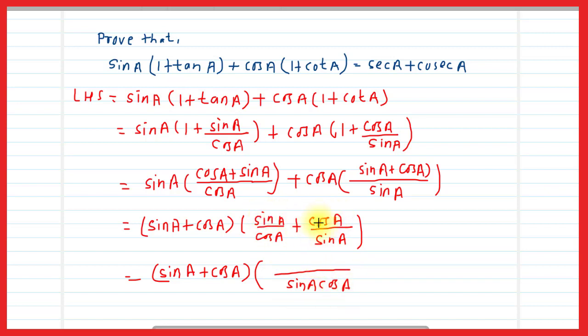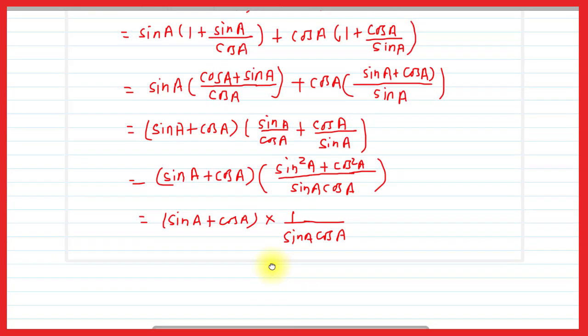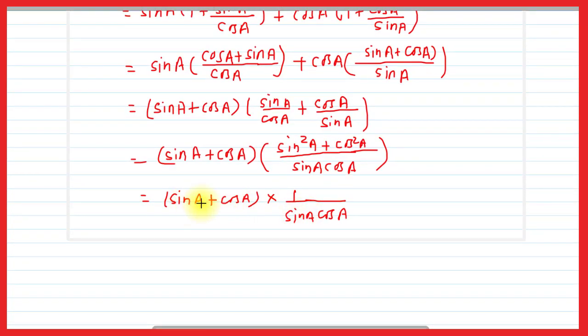Here we will multiply by sin A and here by cos A. So it will be sin square A plus cos square A. And now go further, that sin A plus cos A multiplied by, this will be 1, sin square A plus cos square A, that will be 1, so it will be 1 upon sin A cos A, and so multiply by 1 upon sin A cos A to both the